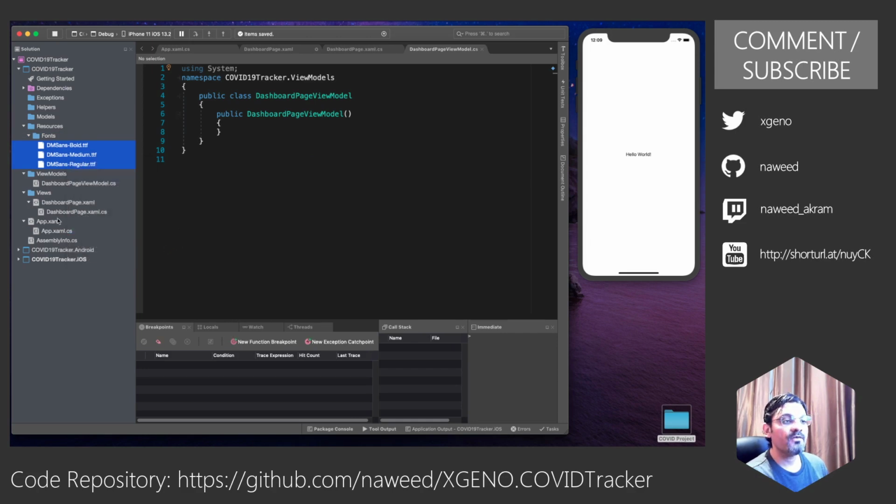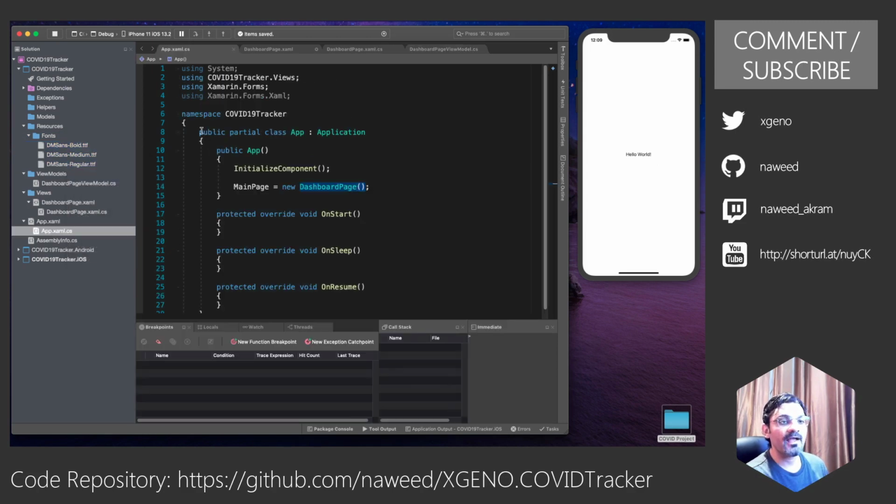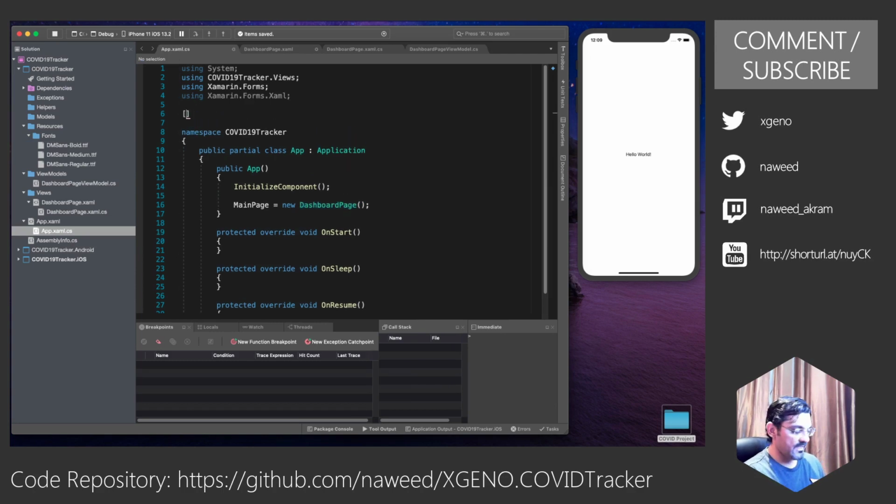Now once you have added this, I can go back to my app.xaml.cs page, and somewhere outside the namespace I can add an assembly reference, ExportFont. It takes one parameter which is the font file, and optionally it also takes an alias. We will use this alias because it makes our life much easier to work with.